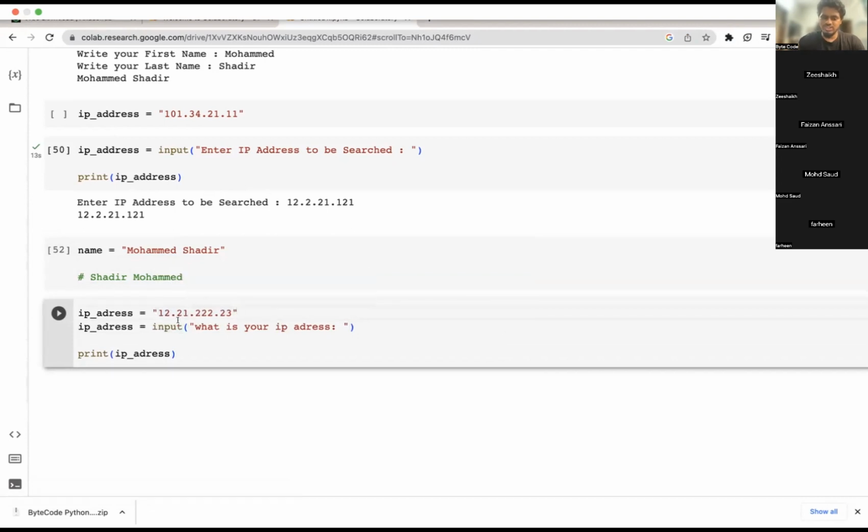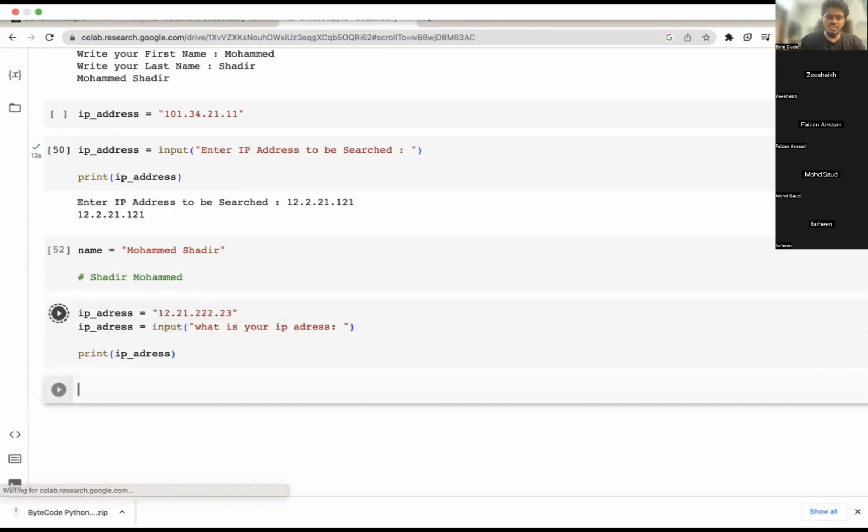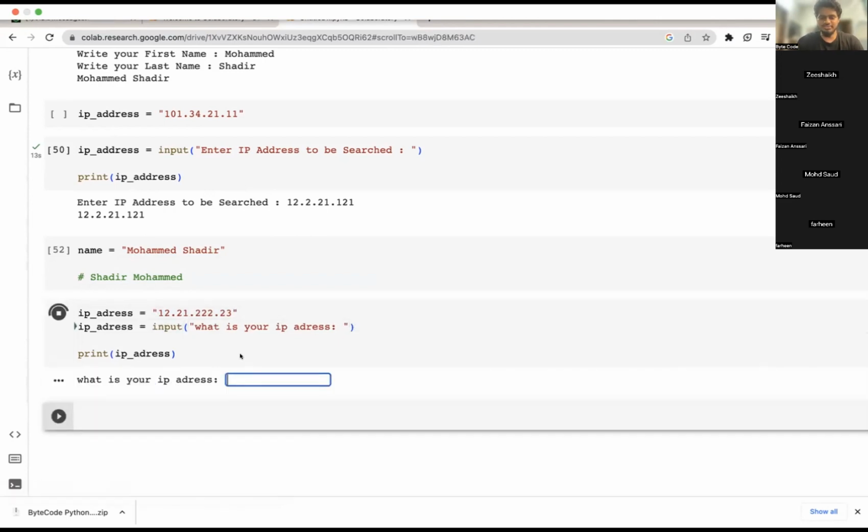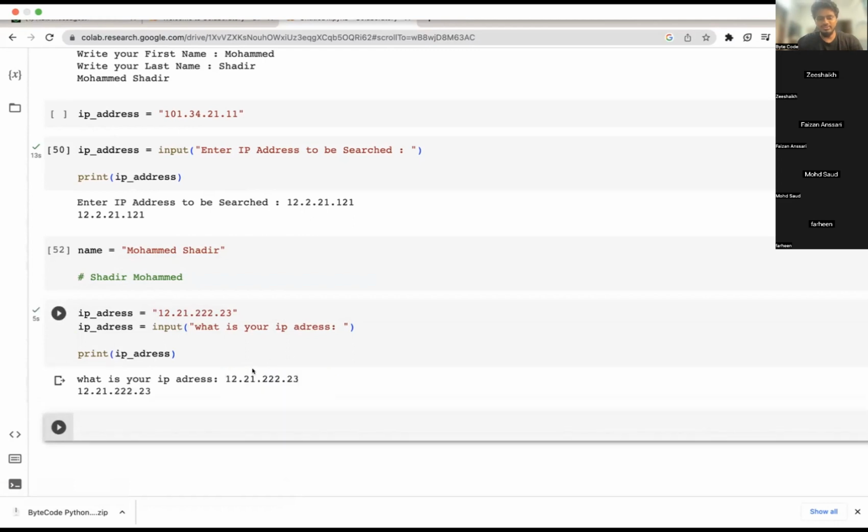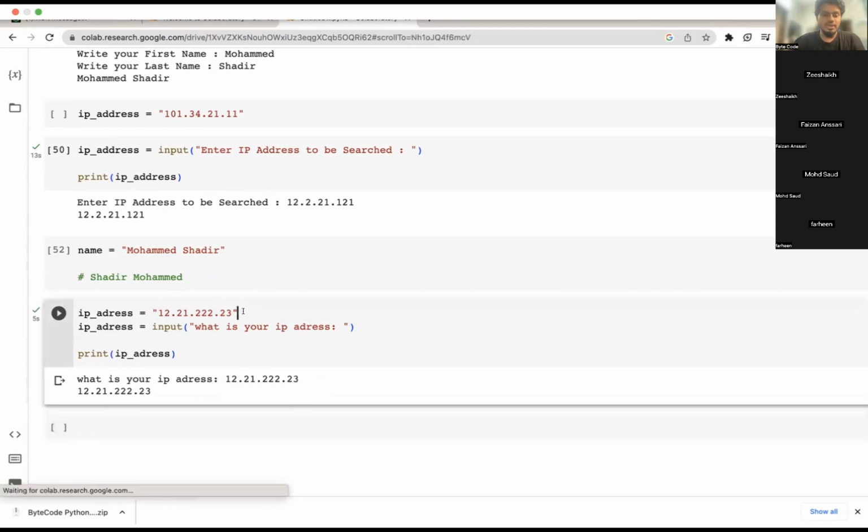So you have to use quotes, and then when you do this, it will run automatically. Like you can say 12.21.22.23.